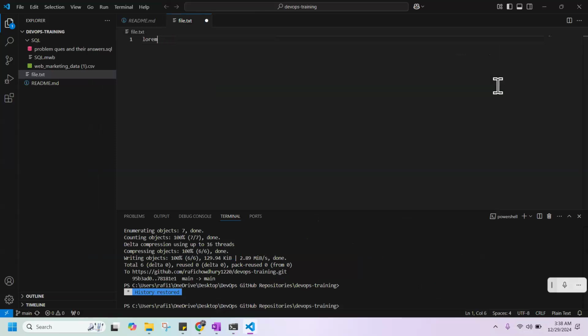So now this is the same repository which we cloned from GitHub, right? Now we just opened this repository in our Visual Studio Code editor. And if you remember, we had some file in our previous lecture here, file.txt and some SQL folder, right? So if I want to check which branch I am currently in, how can I check it?